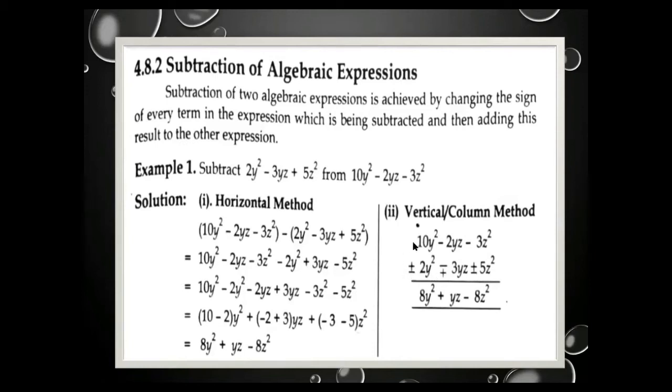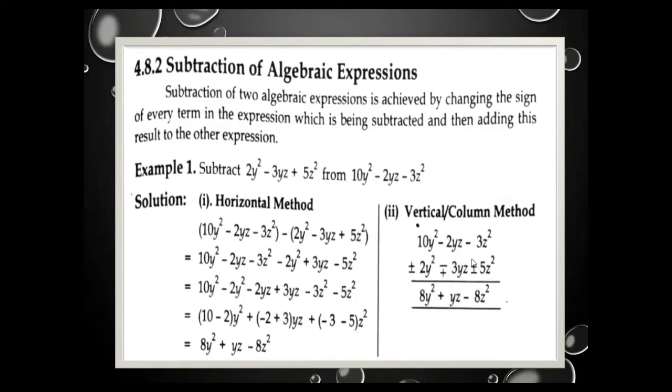Now we say 10y square minus 2y square. 10 plus minus is minus, 10 minus 2 answer is 8, 10 having plus sign which is greater, so we put here plus sign. So answer is plus 8y square. From the second column, minus plus is minus, 3 minus 2 answer is 1. We don't write 1, so we consider here 1 is there, and the 3 is greater, so we put here plus sign and then write yz.